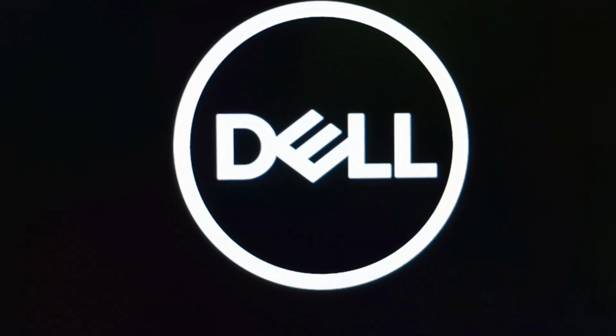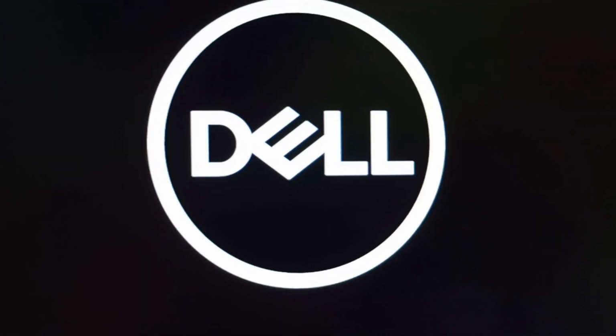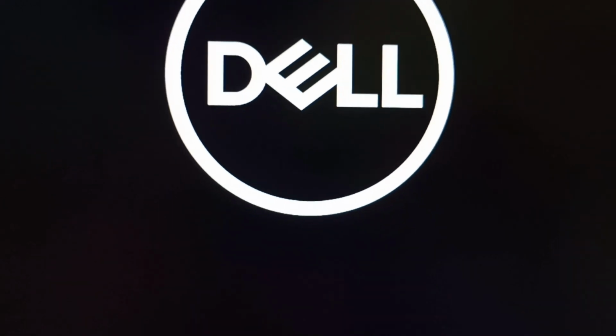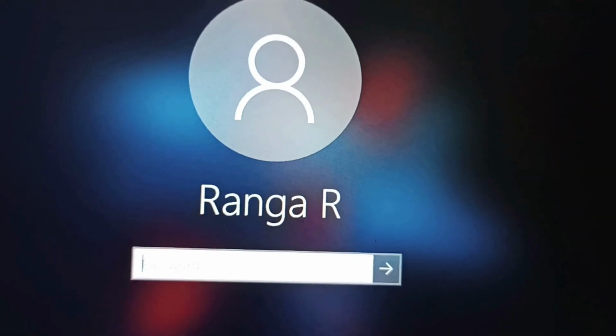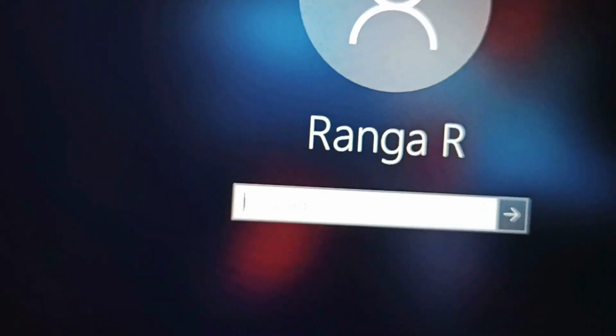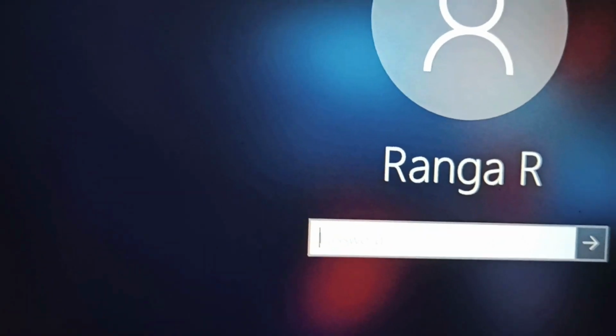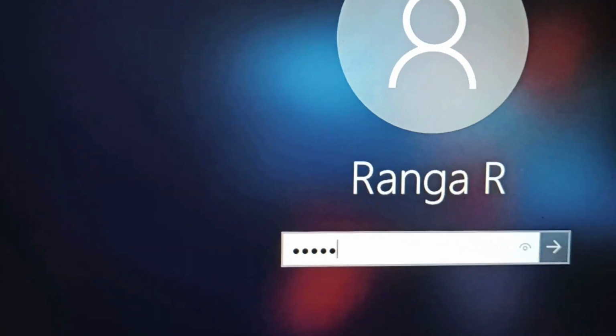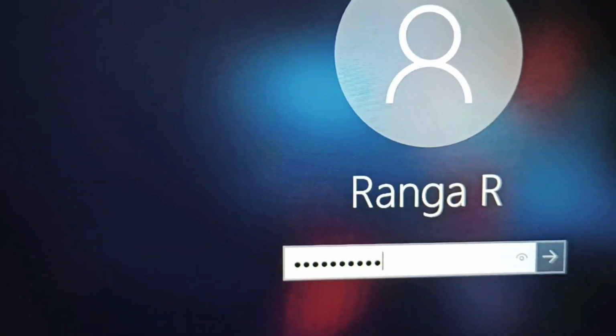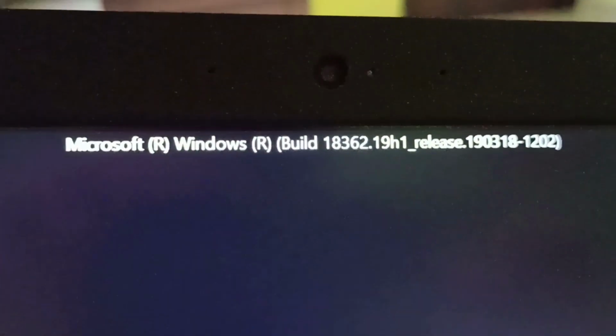For the first time when you boot up in the AHCI settings, it will take quite some time to boot up, but in consecutive next, second or third boot, it will just boot up normally without any problems. So guys, my computer has restarted now and it is asking for the password as you can see. Let me actually type the password. And guys, as we actually set the computer to safe boot, it is in the safe boot mode here as you can see, it is telling here safe mode.